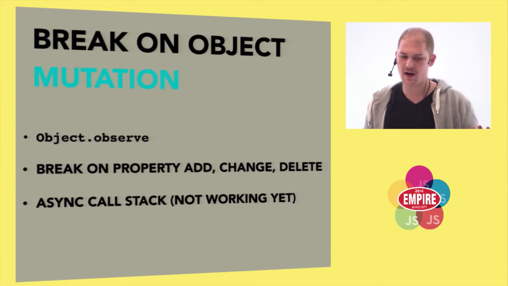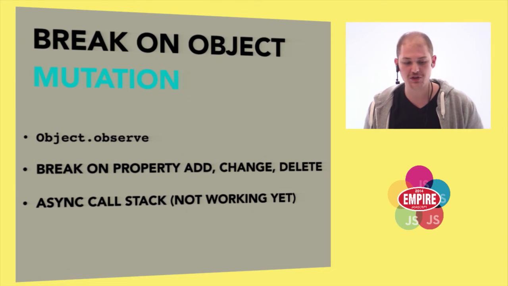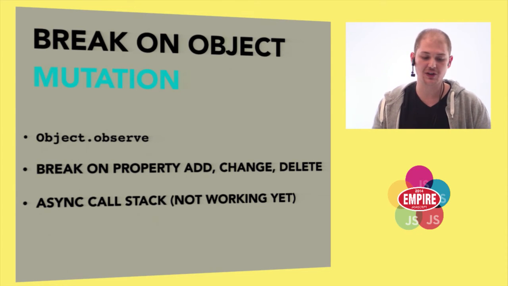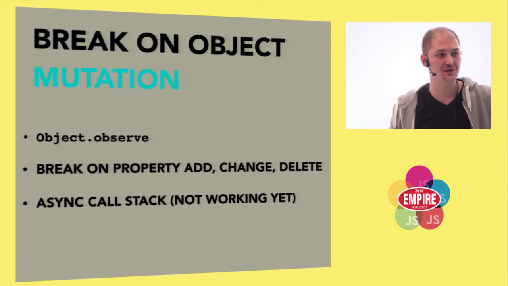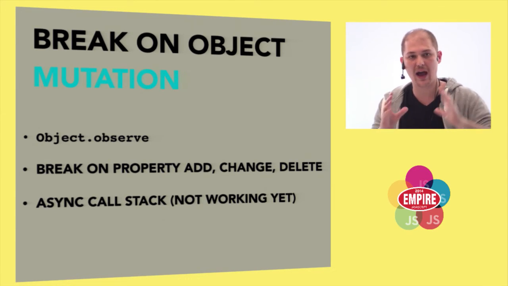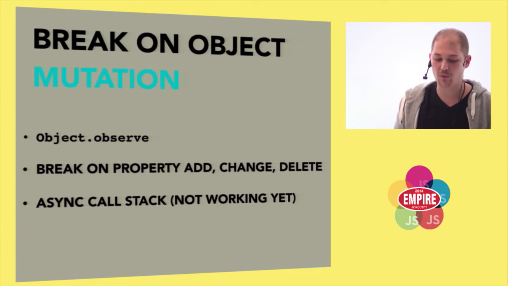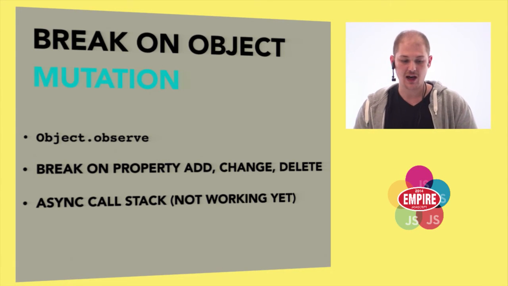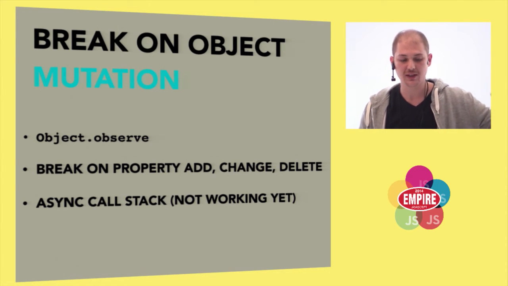Similar to that, maybe we can break on object mutation. I'm saying maybe because object mutation listeners are basically a new API called Object.observe. It's also in Canary behind a flag. You can listen on different changes on objects, not just setters and getters where you have to know the property name. You can listen on addition, deletion, whatever you want on an object, and you can break when something happens to that object.